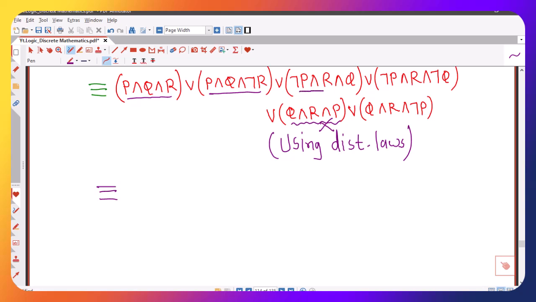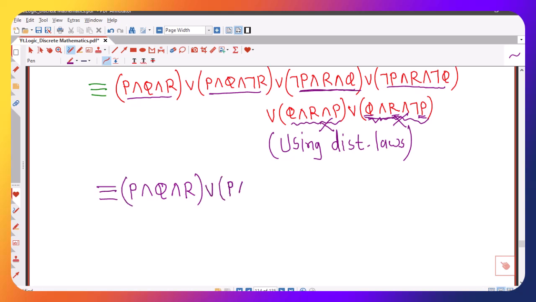Then negation P and Q and R. So negation P and Q and R, you can see this is repeating. Negation P and R and Q. Using the commutative law we can show that these two are equivalent, so we will not write this also. And negation P and negation Q and R, that is also not repeating. So we have now these three min terms only, P and Q and R,